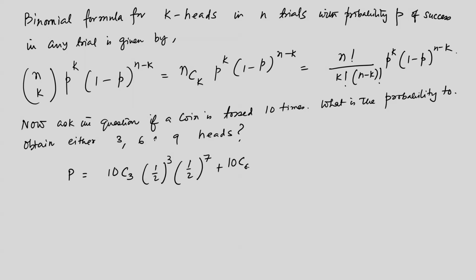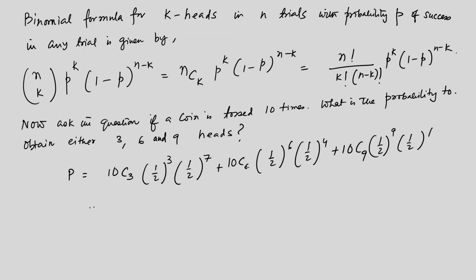So, it is 10C3 and 10C6, and (half) to the power 6 and (half) to the power 4, plus 10C9 (half) to the power 9 and (half) to the power 1. So, if you simplify, this becomes equal to 10 factorial divided by 3 factorial 7 factorial, this is 1 over 8 and 1 over 128,